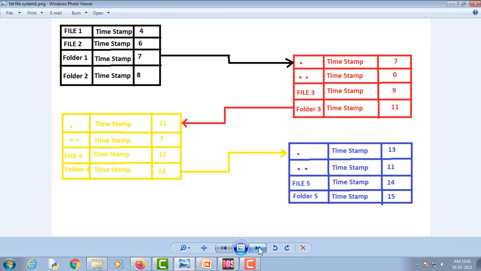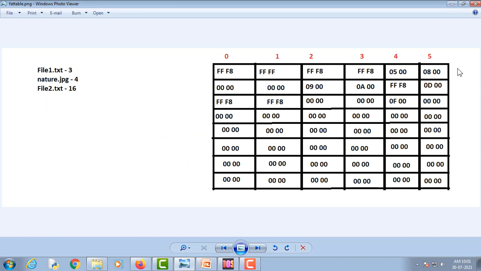So now let's try to understand the next image. This is a file allocation table, and all these values are in hexadecimal. So let's try to understand how a file allocation table works.